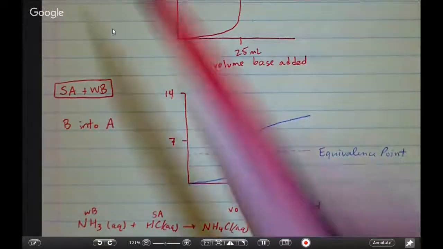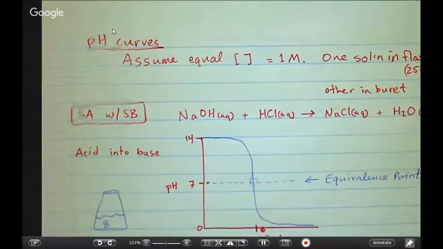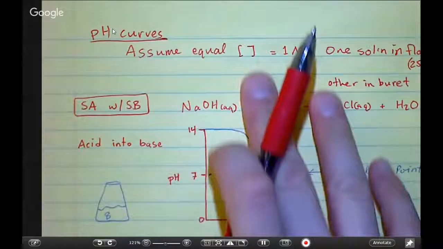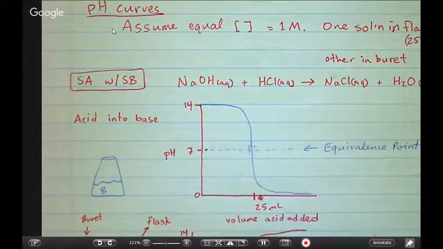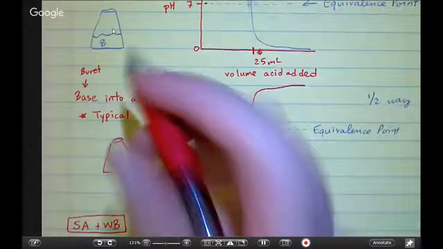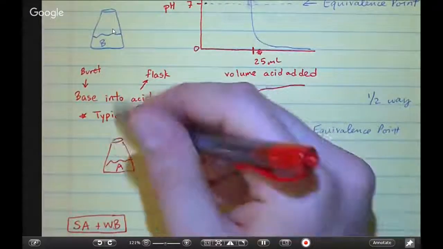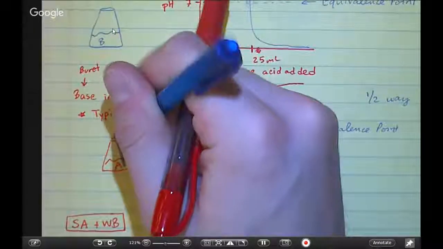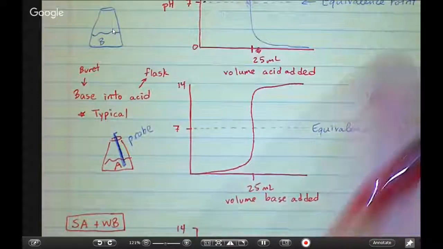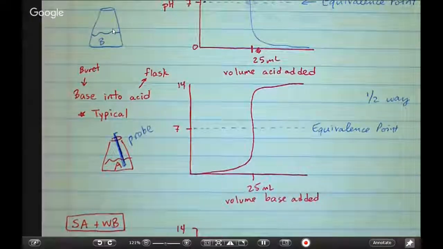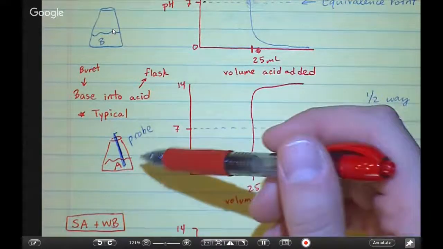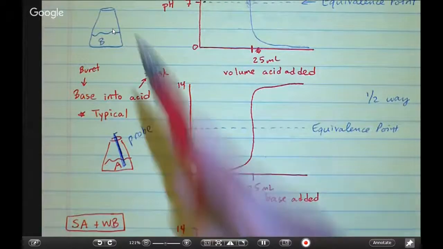Okay. So to kind of review so far before we look at the last one, we have this picture of a flask. We're assuming the typical approach, where we have the acid in the flask. You're going to have the pH probe in there that's tied to the LabQuest and your Chromebook. So in this case with the strong acid and base, initially our strong acid is such a low pH, we're down here. And then through the burette,